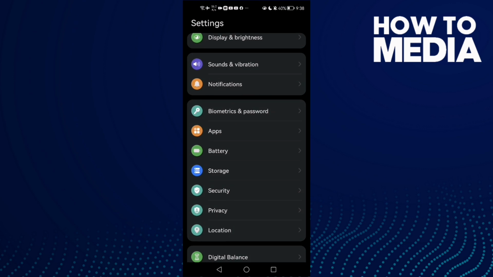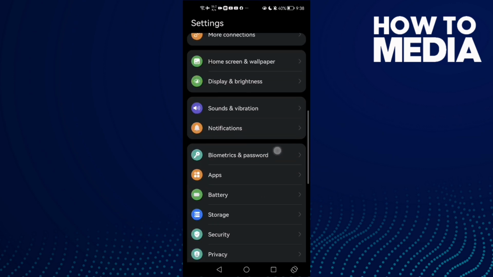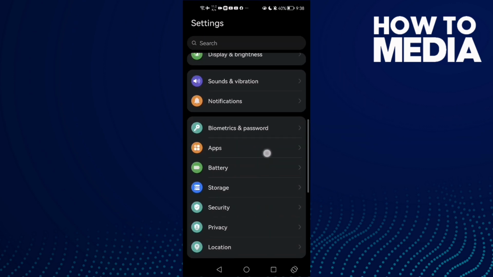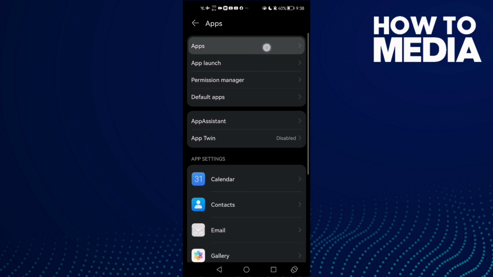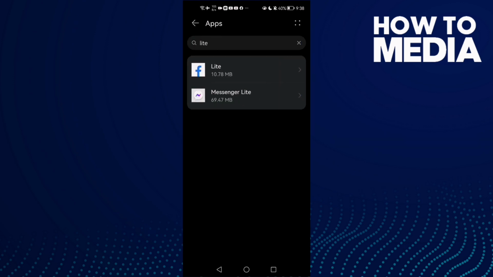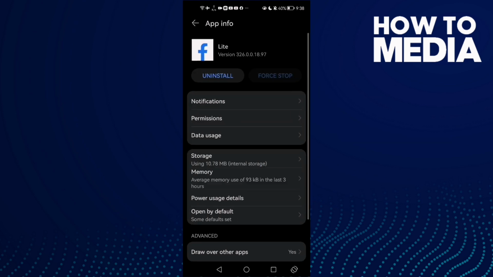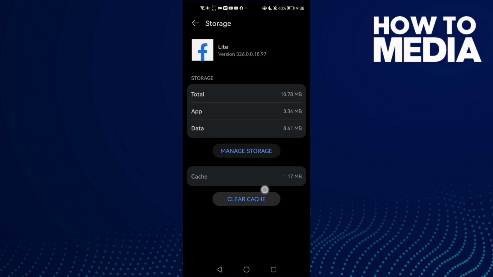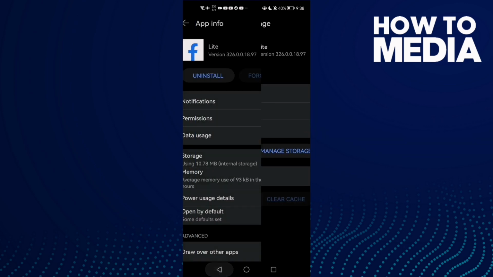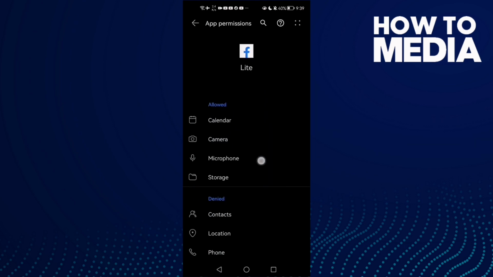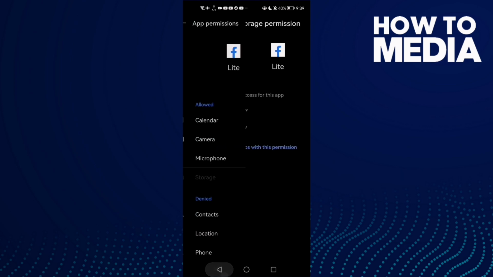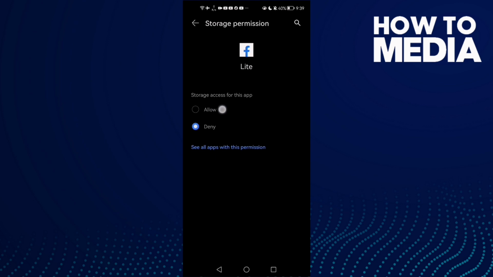First open settings and then just scroll down until you find here apps, and now click apps again, and here you will find Lite. Click on it and now click here storage, and first thing click clear cache, and then go to permissions, check this one here, this one storage, maybe you'll find it like that, then just click on it and click allow,